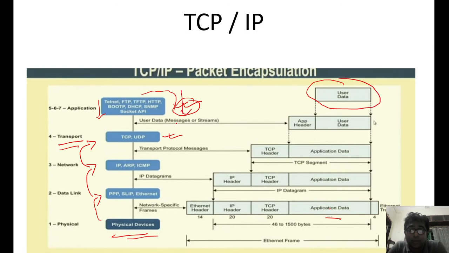After the process in the application layer, it has an app header, which basically follows the FTP, Telnet, TFTP, HTTP or HTTPS protocol. Now after the transport layer process, it will have another header, which is a TCP header. These two are converted to application data, and then this header is added after the transport layer process